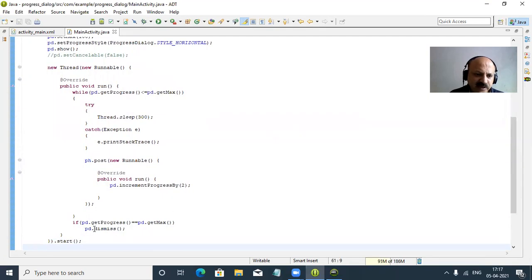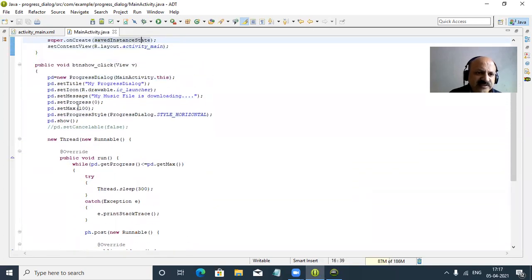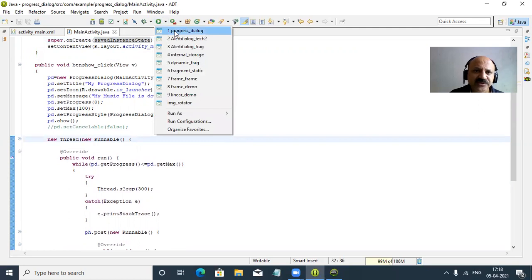Yes, that is perfect. And the progress bar equals get max, so we can set the maximum to 100. So set max is 100 and set progress is 0. So we can define them ourselves. Now I can run, so yes, let us check.